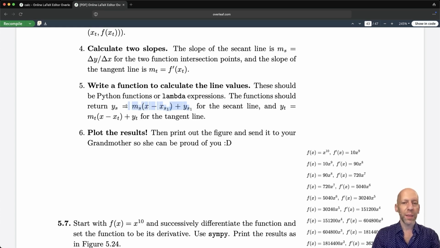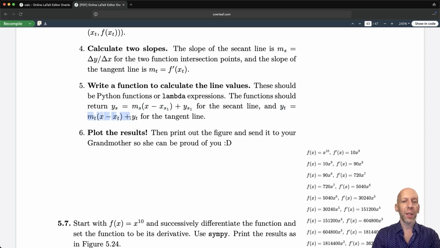Okay, so I hope this makes sense. We are basically defining a new line where the slope of the line is the slope of the tangent line, the secant line. Here's the x. We shift the x according to the location of the secant line and the intercept term. Okay, and so this is the function for the secant line, and then we have another Python function for